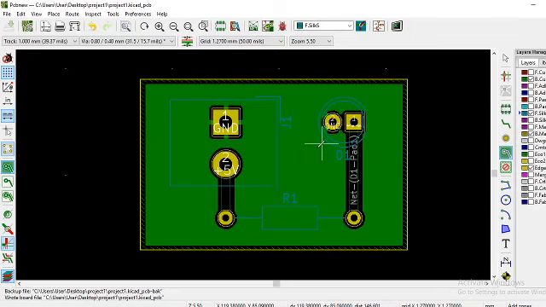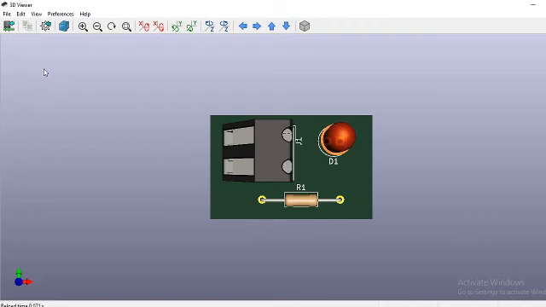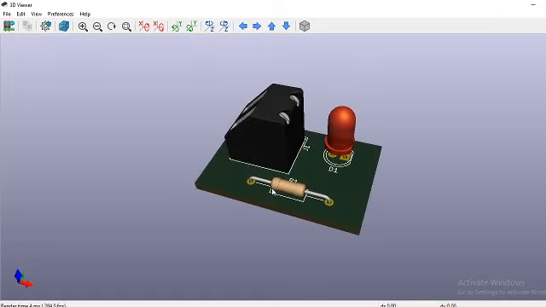Now PCB design is completed. Then in order to show the 3D view, go to view and 3D viewer. Now we can see the 3D view of the board.